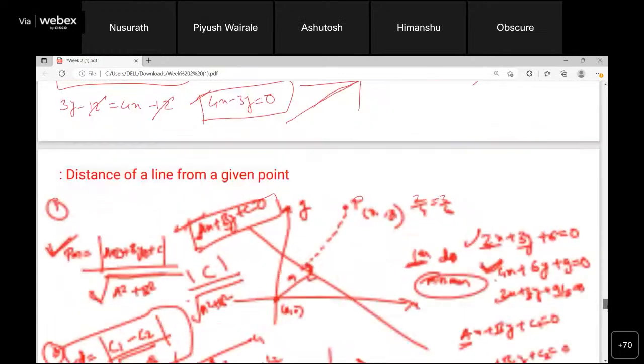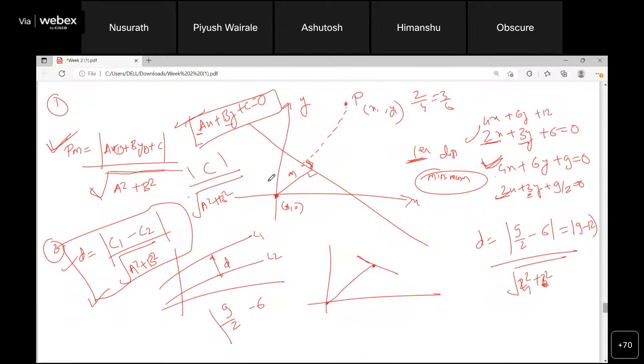So, any doubt in this part? Those two formulas are there. What if the coefficients are not the same? You have to make the coefficients the same, and then only you can use this formula. So in this case, I'm dividing it by 2 to make it the same. You have to think by which number you should multiply or divide so that the coefficient becomes the same. Then only you can use it.